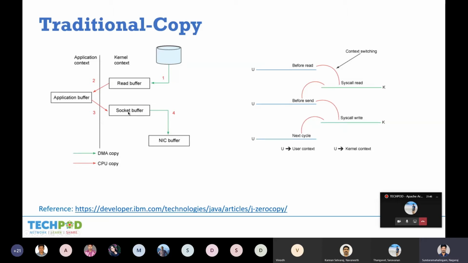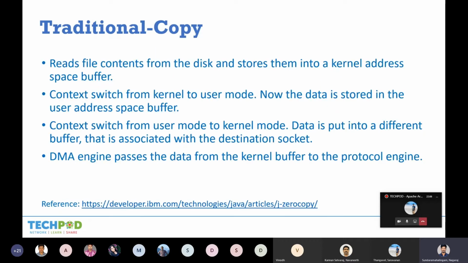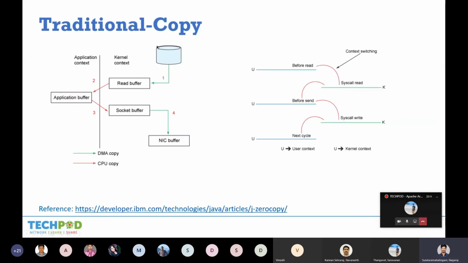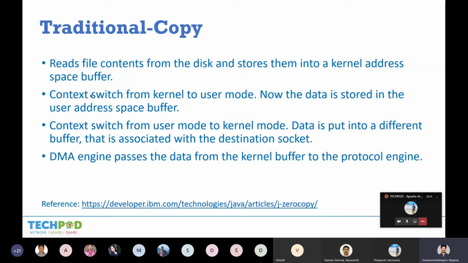So both are the same, and then you load it to the final destination. These are the switches and these are the data copies. Read, write, all those things. This is the traditional method to transfer data from one place to another over the network. As I said, first it reads data from your physical memory to the kernel buffer, kernel address space.